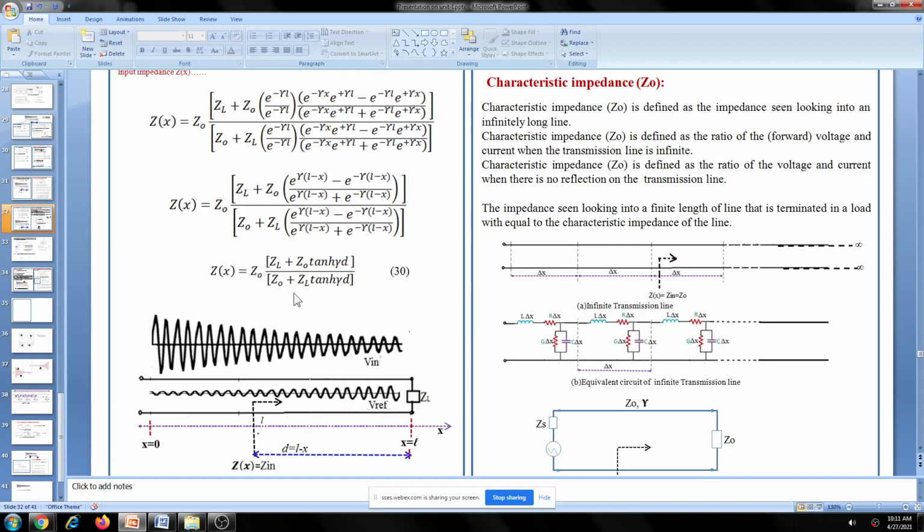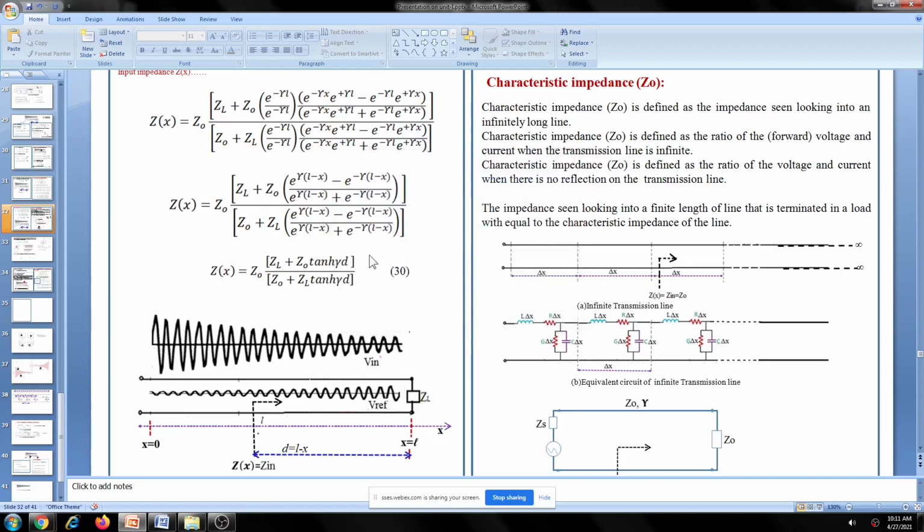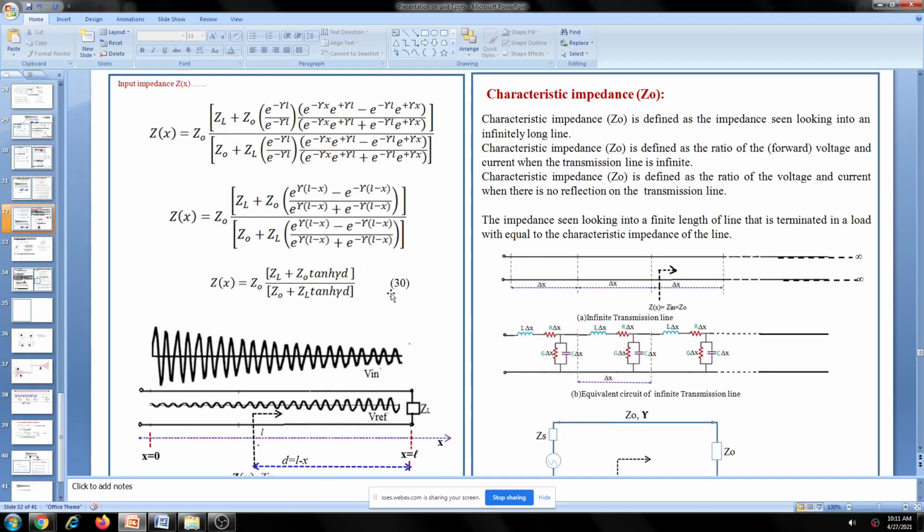Similarly this you can write, it is equal to this here. Okay, Zn tan hyperbolic gamma d. So this is z of x in terms of trigonometric function. Okay, we will use this in the next sections. Okay, so that's why we should know this, and you can easily remember this one. Okay, so that is an expression, it gives the impedance at any position from the load. d is at what position you are from the load. Okay, that position impedance you can find using this equation.